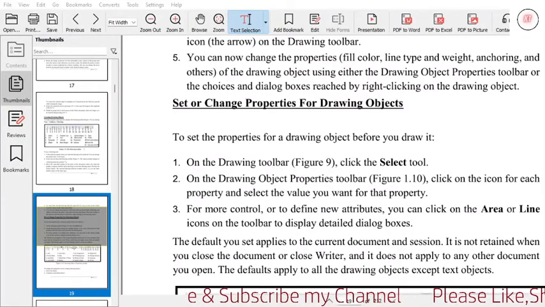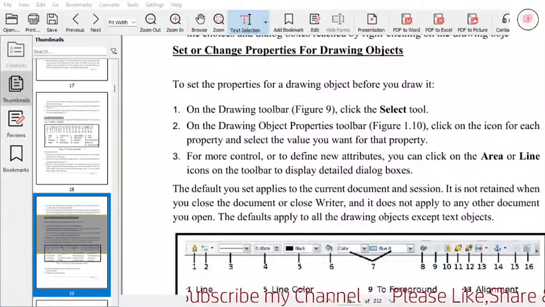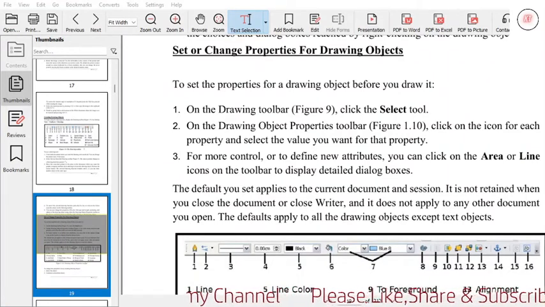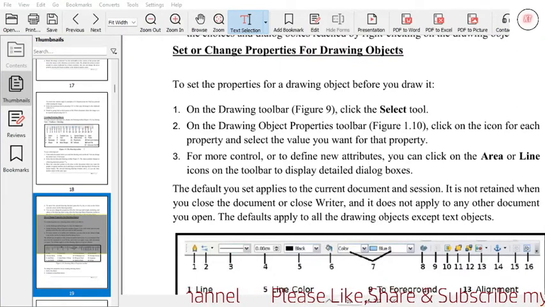Next is set or change properties of drawing objects. On the drawing toolbar, click on the select tool. On the drawing object properties toolbar, click on the icon for each property and select the values you want for that property.